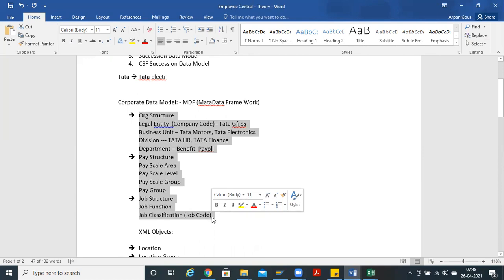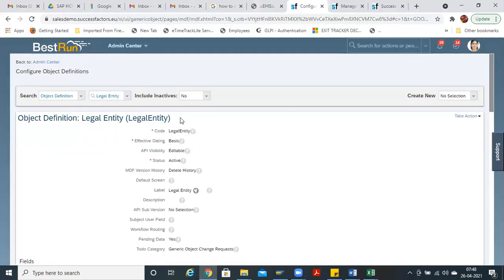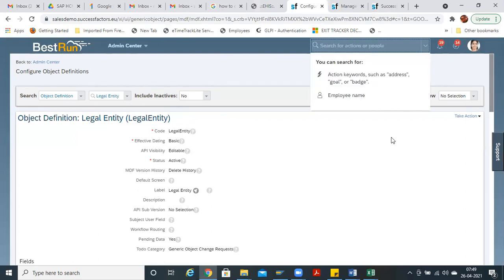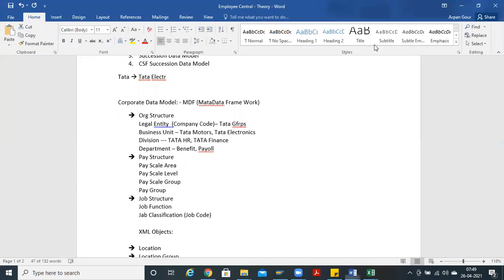Actually, I'm just trying to understand what exactly MDF is. MDF is the Metadata Framework, which you are able to configure in this instance. MDF is simple; you can configure it in an instance. When I start XML, you will not be able to configure it like this. You have to use Notepad, mention the codes, and then upload it. Those are XML foundation objects. MDF is a metadata framework with which you can design the framework in the instance. This much is the definition: what you can directly configure in the instance.